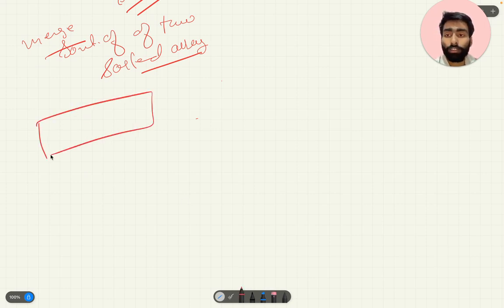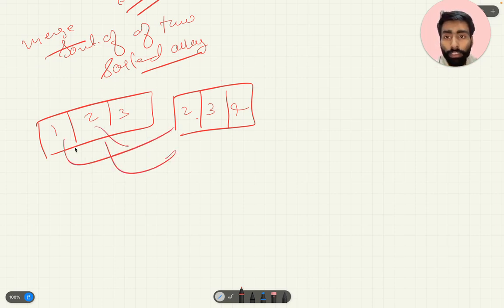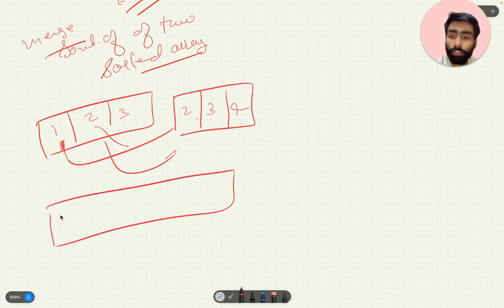Let us take two sorted arrays, 1, 2, 3 and another 2, 3, 4. How do we merge these two? First we compare these two. If this is smaller, in the new array this one is added, and the pointer is incremented to next, and the other pointer remains there. Now we compare these two, whichever is greater. In this case they are equal, so the first one will be added and the pointer will be incremented and the other pointer will remain there.